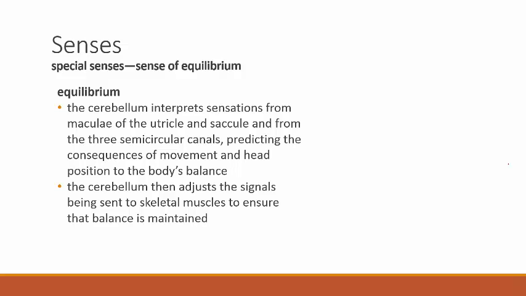So the cerebellum interprets the sensations that are coming from the maculae of the utricle and the saccule, and from the crista ampullaris of the 3 semicircular canals. It integrates those sensations and then provides for us the perception of how we're experiencing the environment. And so the cerebellum adjusts the signals that it's sending out to the skeletal muscles that are located throughout the periphery of the body, so that we can respond to changes of location of the body,